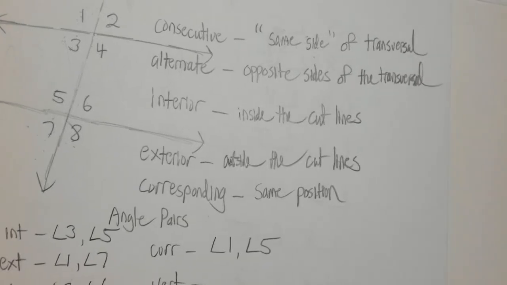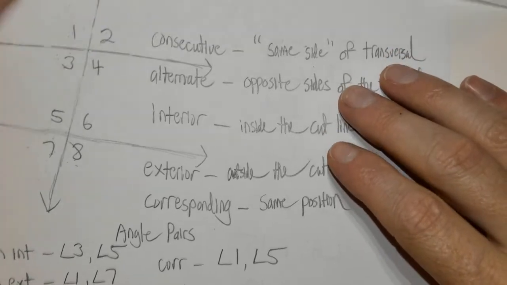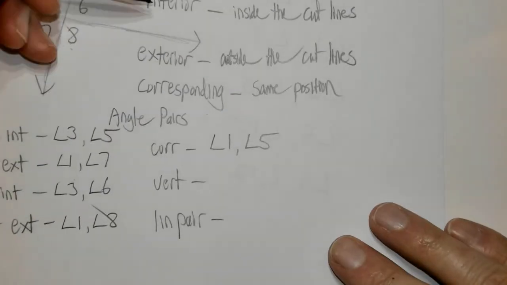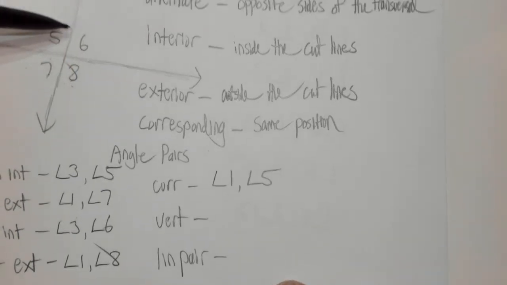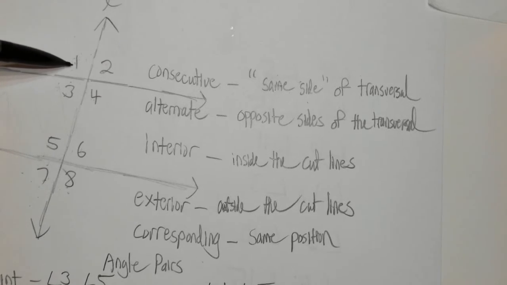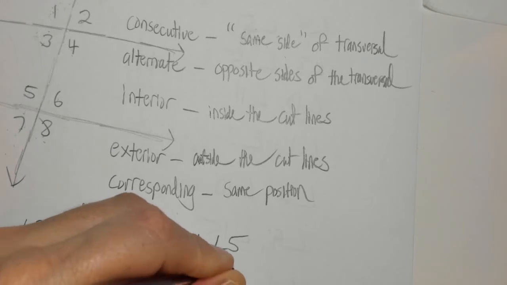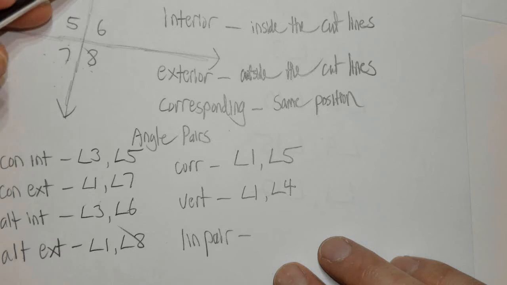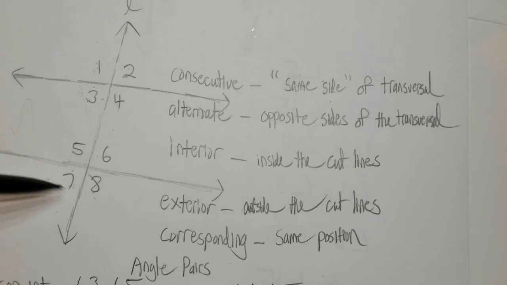All right, so let's see here. What else do we have? The next type of angle that we want to identify is an angle type that we have already talked about in Unit 1, and that's vertical angles. And so remember, vertical angles are angles that are on opposite sides in the same intersection. So a pair of vertical angles here would be like 1 and 4. So angle 1 and angle 4 would be considered vertical angles. Right? And likewise, you could have 2 and 3, 5 and 8, or even 6 and 7 would be considered